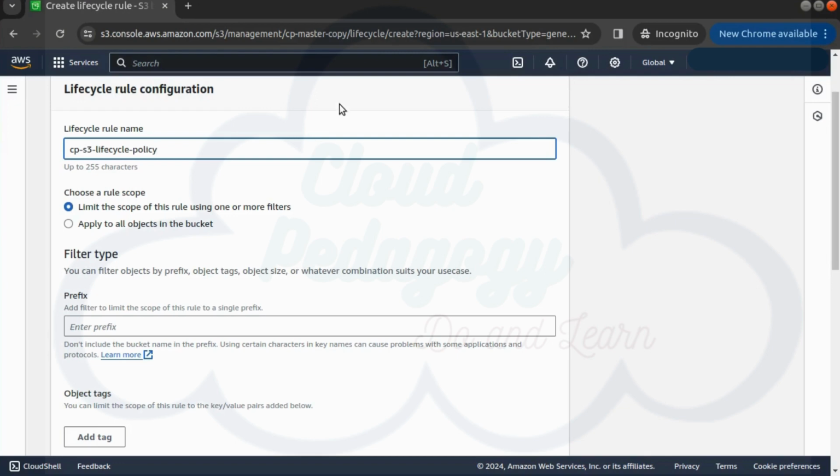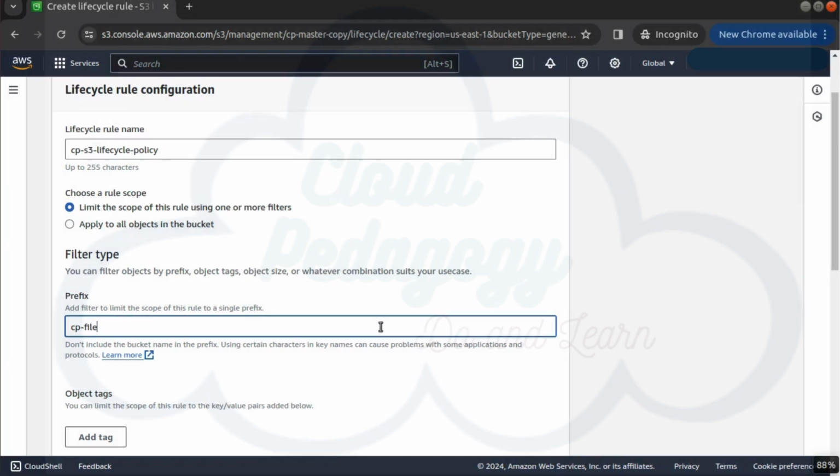Let's give this a prefix of CP file. As we already know, the files that we uploaded within our S3 bucket are labeled CP file1.jpg, CP file2.jpg, etc. So this particular rule will pick up those files. AWS allows object tagging for easy segregation of storage. If your S3 bucket doesn't have any object tags, skip the add filter to limit scope to prefix or tags